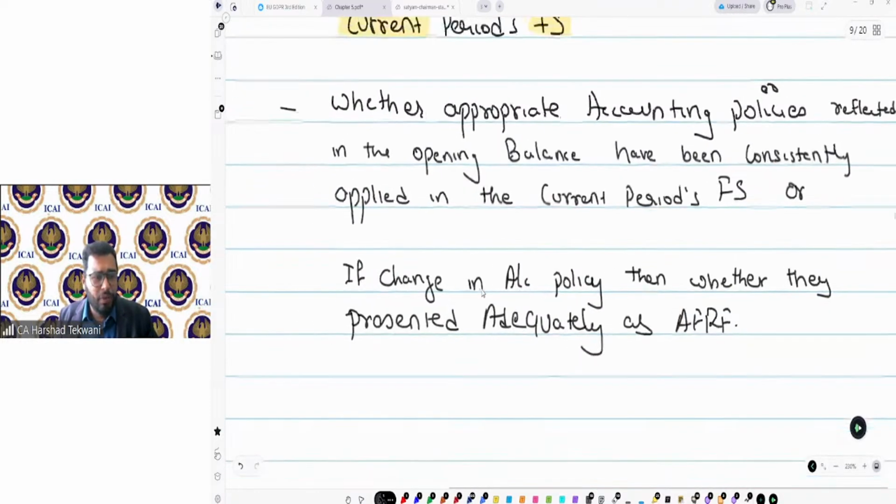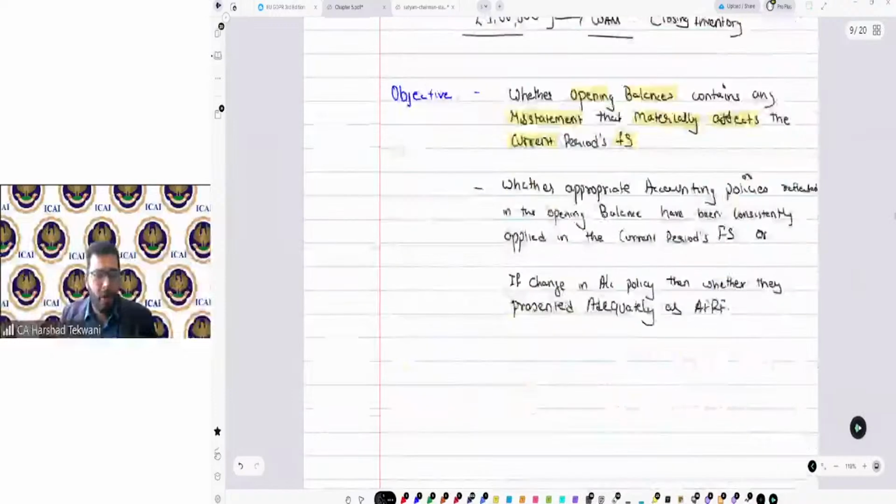So I need to check these two things when I'm looking at the opening balances.